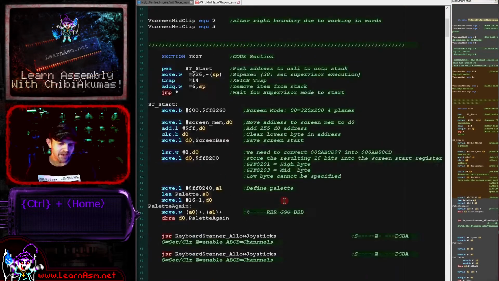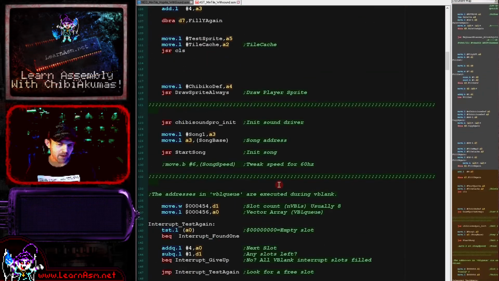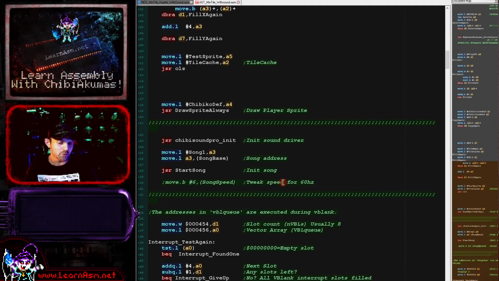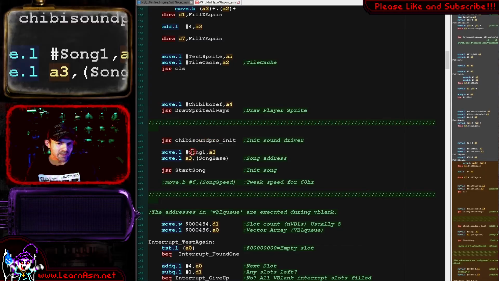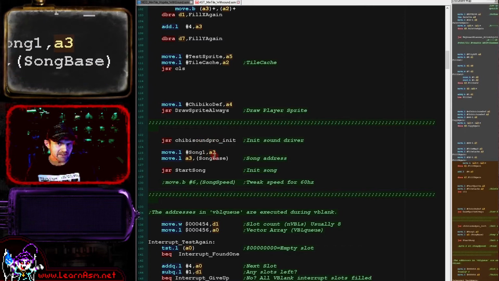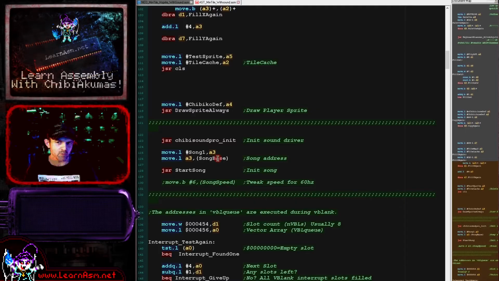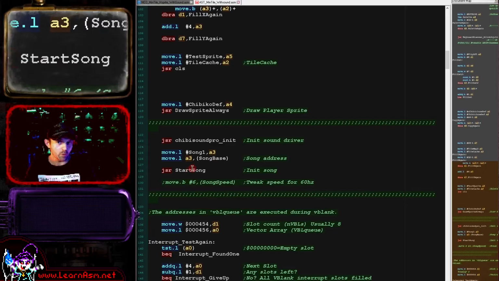So that's how we get our binary file in and how we update it. The only thing we need to do to actually start it is simply run ChibiSound Pro init. That initializes the platform-specific sound driver. We then load the address of the song we want to play into song base, which is one of those variables we saw before in the tracker software. That's the only one that doesn't update itself. And then we run start song, which loads up all of the parameters from the binary file